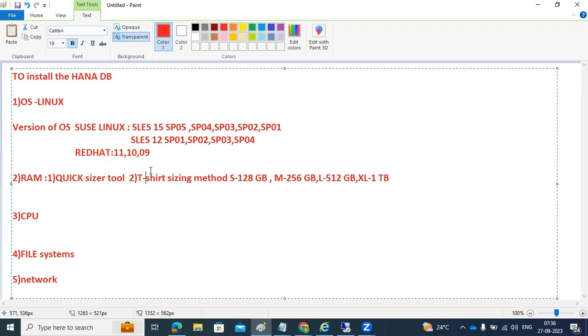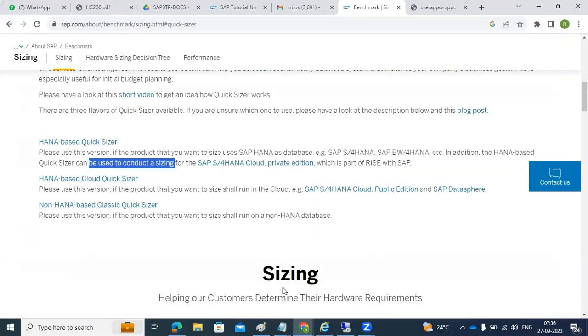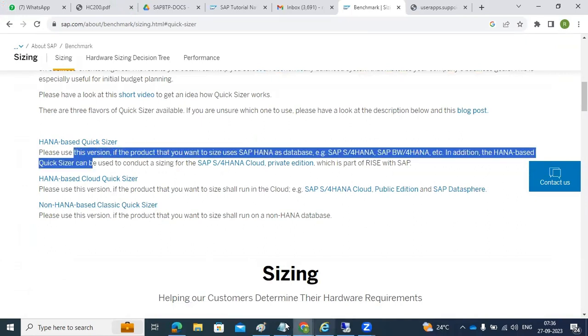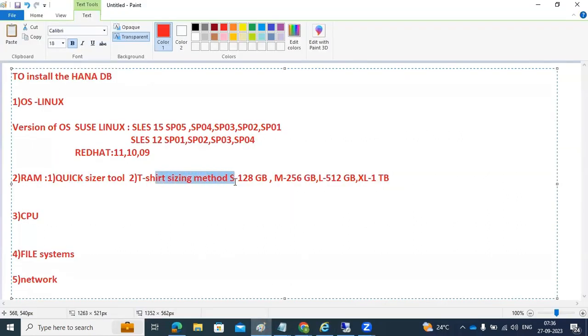How much RAM is required? Maybe we can go for the Fixsizer tool, which will provide all those things. Otherwise, you can go for the T-shirt sizing method. As part of this method, we get how much RAM is needed. Normally if you go to the shopping mall, you get small, medium, large T-shirt sizes, right? Here also, some companies or organizations are categorized based upon the